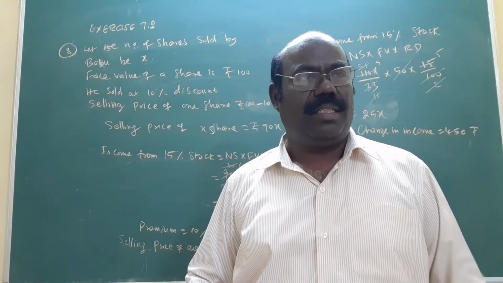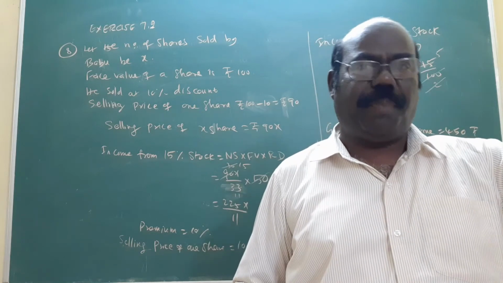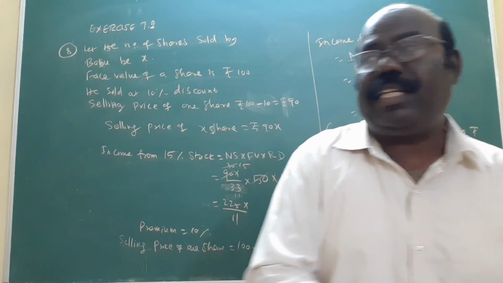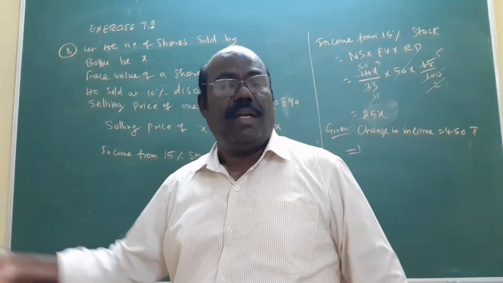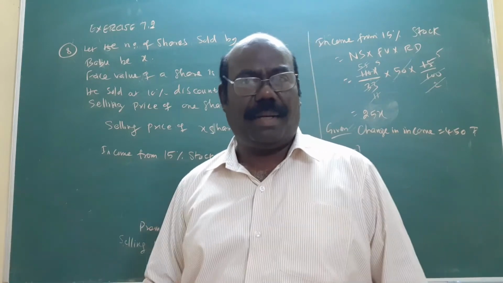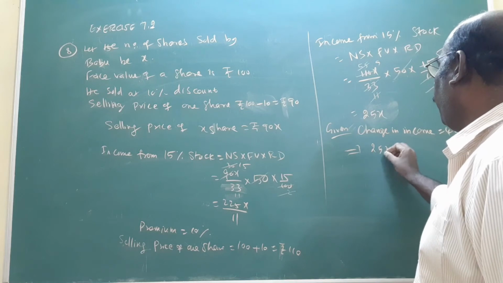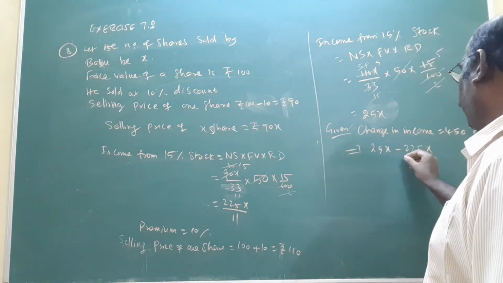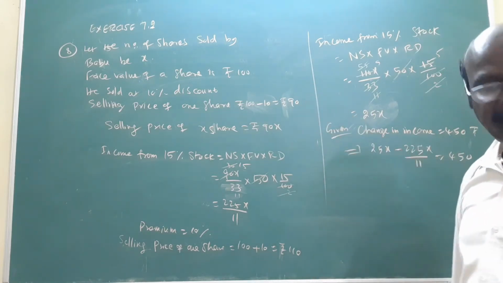That is the concept. If you have some amount and deposit that amount in, suppose, a bank, the bank gives some interest. Suppose the same amount is deposited in some other finance company, definitely more income will come. Then only you would deposit in another company. Am I getting it? That's why the second income is always more. The second income minus the first income equals 450. From this, you will find the value of x, that is the answer.